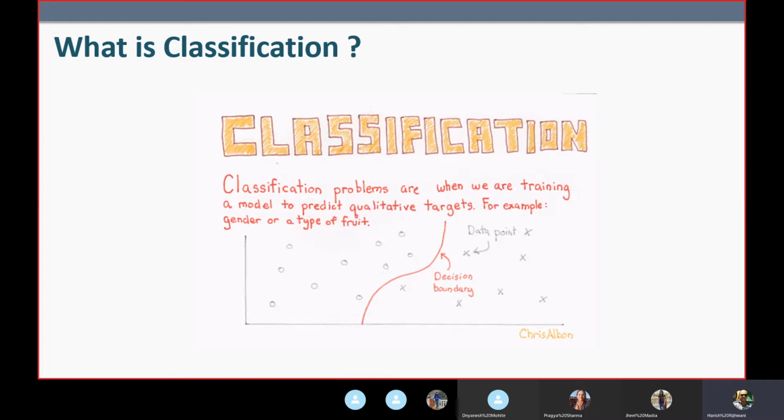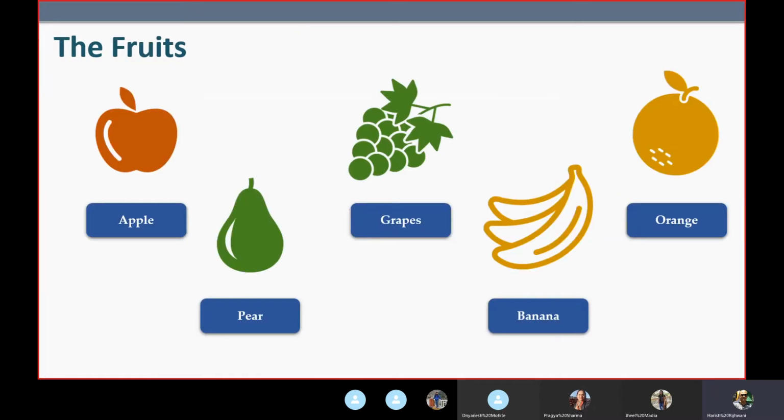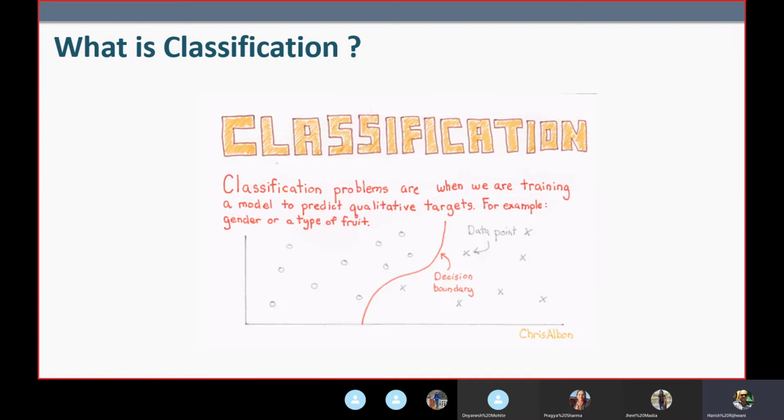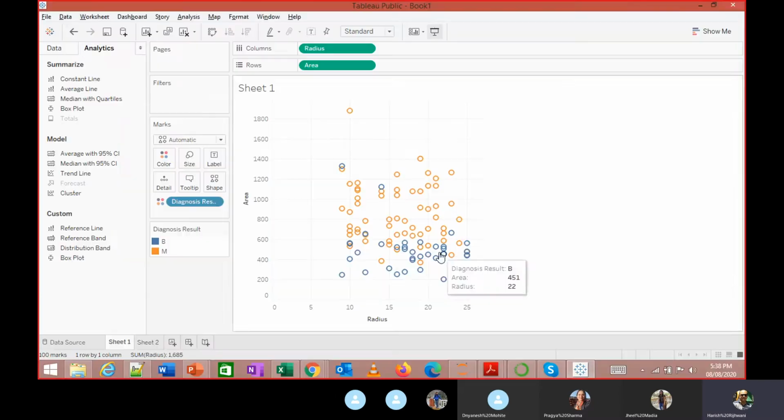Basically, what is classification? This is where I'm training the machine. In classification, I'm just trying to predict the qualitative targets, for example, the type of the fruit. So what we saw over here, right? Why I mentioned it: when I look at this particular graph, I can easily classify this